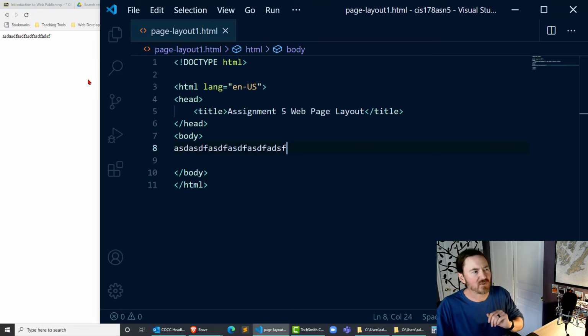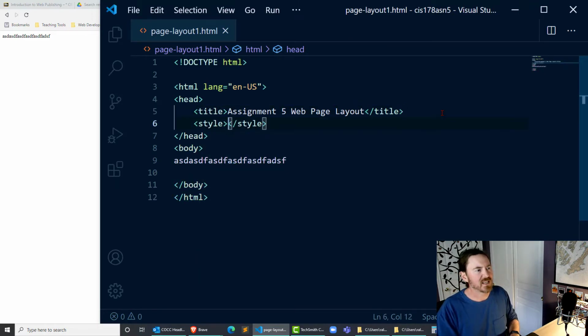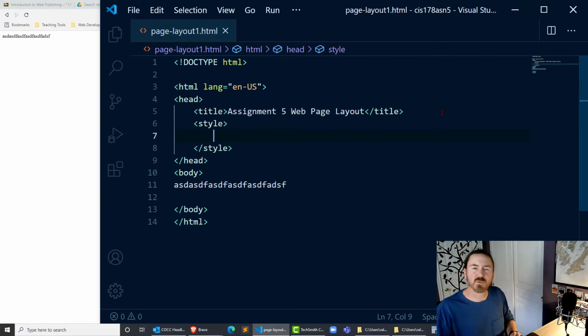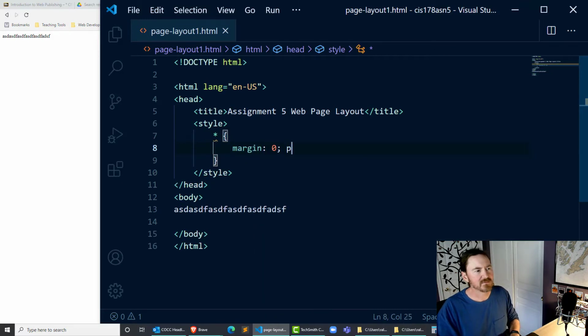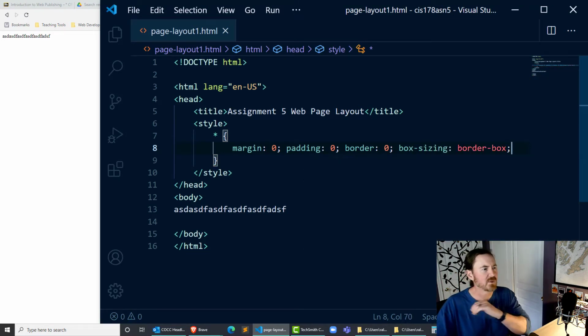So that's my web page so far, but I need to jazz this up a little bit. So what I'm going to do is, I think I'm going to do some styling right inside of the head section. This is a little different than what I thought I might do in the assignment directions. I was thinking I might refer you to a separate CSS file, but I think this will be good for us. So I'm going to do this little style thing right up there, and I'm going to type this, and I would like you to type it the same way. There we go. So make sure you type that out. It's kind of weird, but